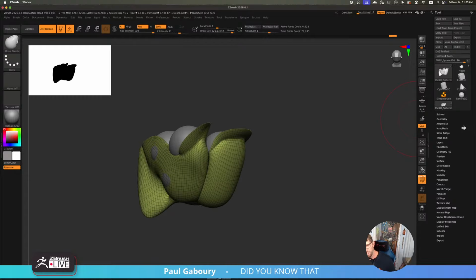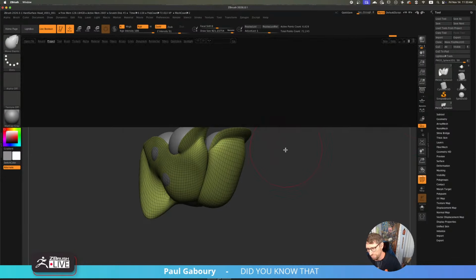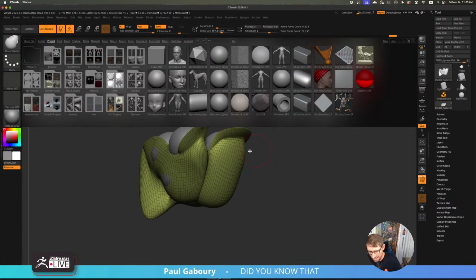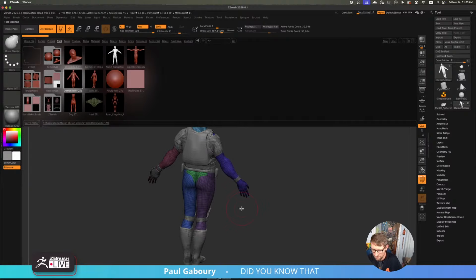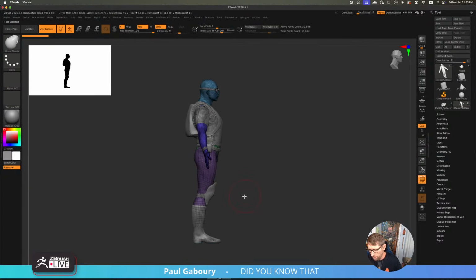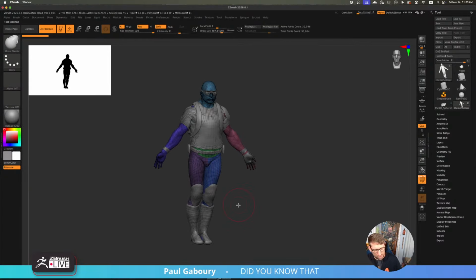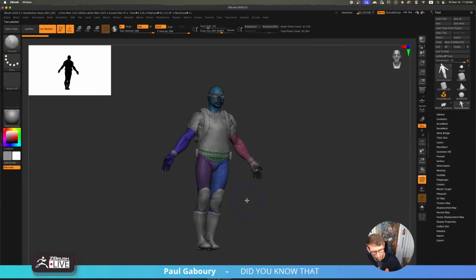There was another question that came up. I don't remember what it is. Putting a bunch of subtools in a folder at once is super easy. It's actually my preferred method. So I'll just use the demo soldier since we know we've got some subtools. So I want to make a folder. Let's say I want to put all of his clothes in one folder, okay?